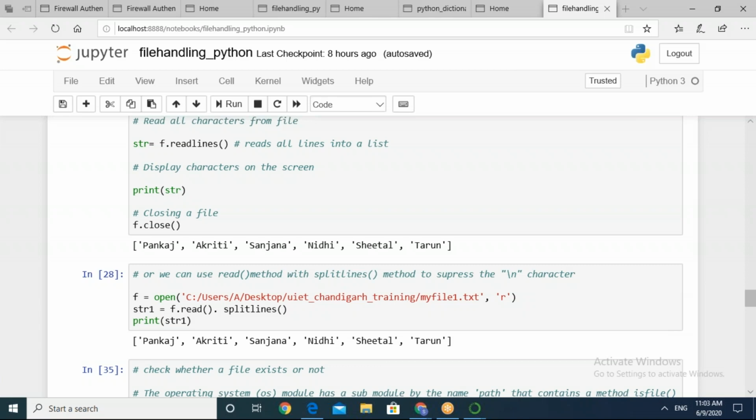Who is going to respond? If you want to mention a collection of strings, which data type will you use? List, very well. So first of all, mention a list of strings. Now what you have to do is use the writelines method and update all these strings in the file.